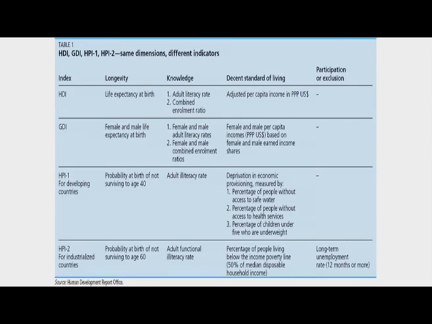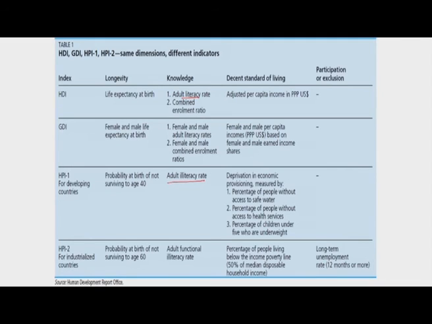The knowledge indicator is adult illiteracy rate. If you notice here, for measuring achievements, the indicator taken is adult literacy rate, but here this is one way of measuring deprivation. It is equally important to measure deprivation as we are measuring achievements. Measuring achievements gives a more optimistic view of how far we have reached in terms of the human development goals. That says how much we have already achieved. But measuring deprivation also tells us how many of us have been left behind in terms of the basic levels of human development. So adult illiteracy rate is a very significant indicator in terms of the amount of deprivation that exists.